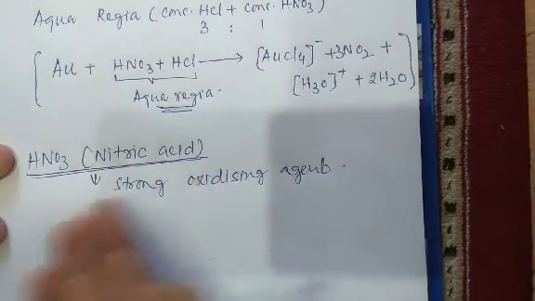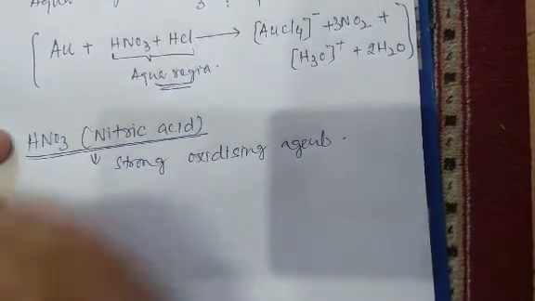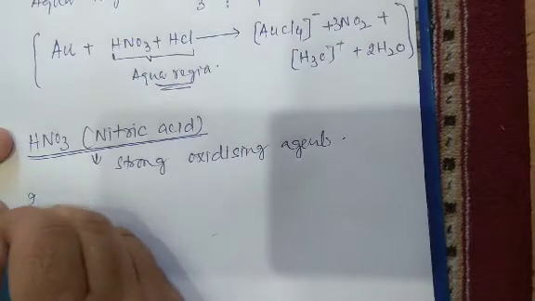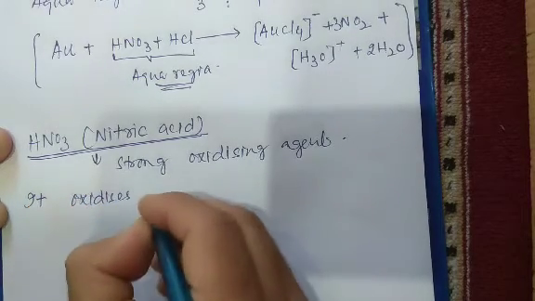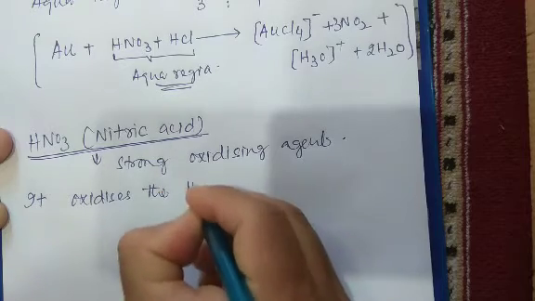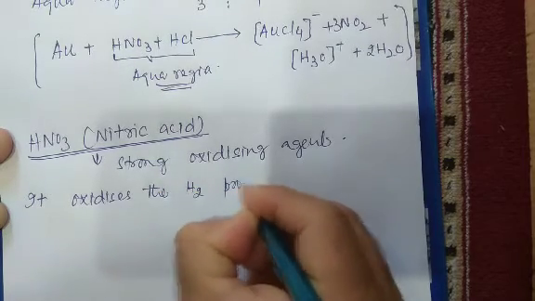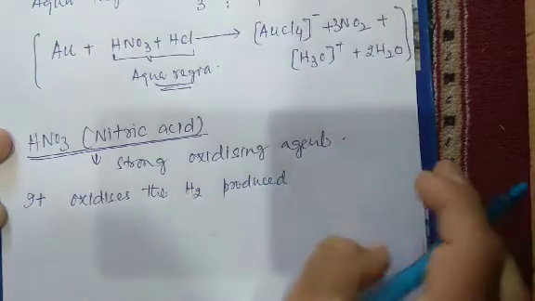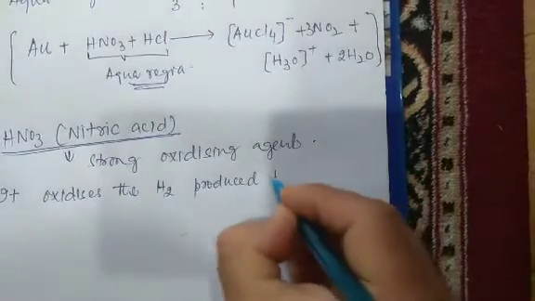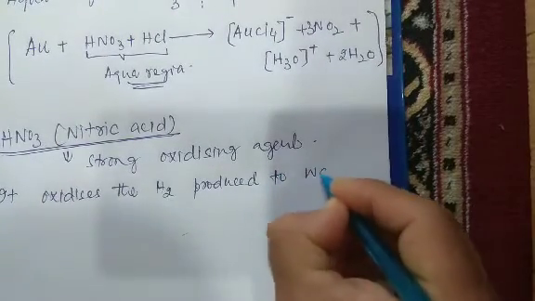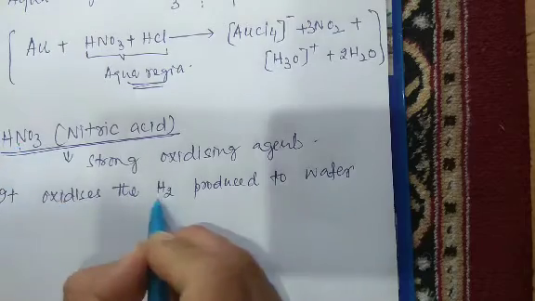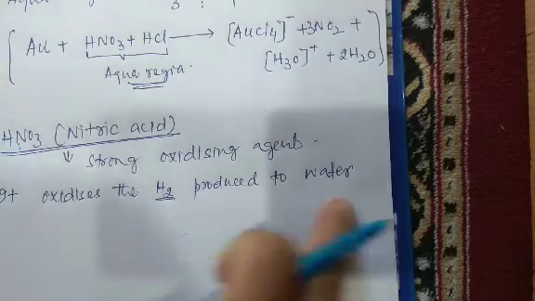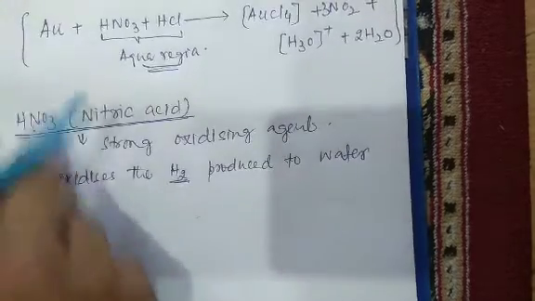But this nitric acid oxidizes the hydrogen produced into water. Nitric acid oxidizes the hydrogen produced during the reaction to water, and